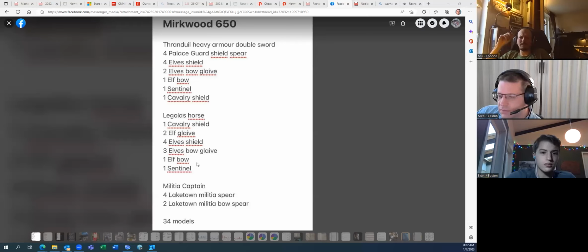Yeah, I'm just trying to find ways to change anything in this list, and it's almost like the Sentinel and the other Sentinel for the crown and the banner seem to be almost the only options. Yeah, I mean, if you wanted to, you could. There's a lot of glaives in this list. Let's see, 5, 7 glaives in this list. So that's 14 points of glaives,